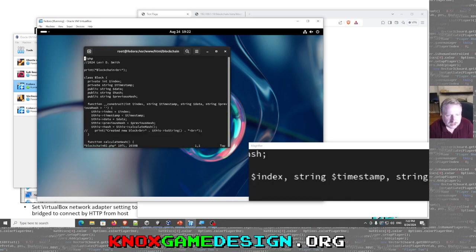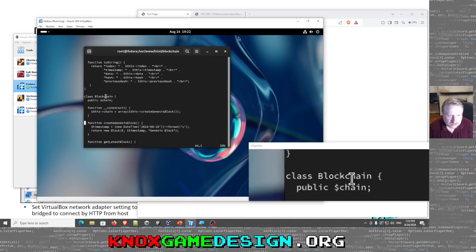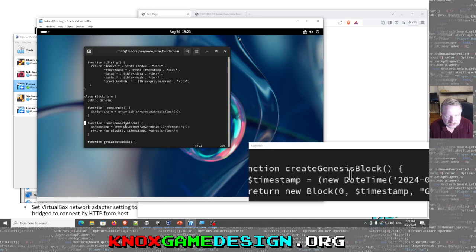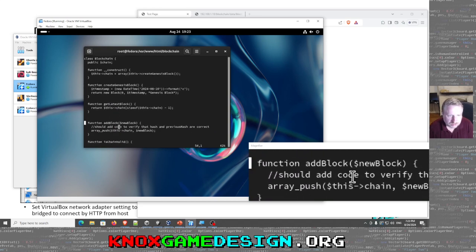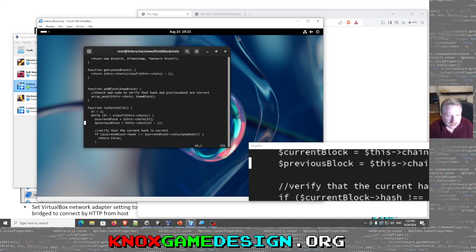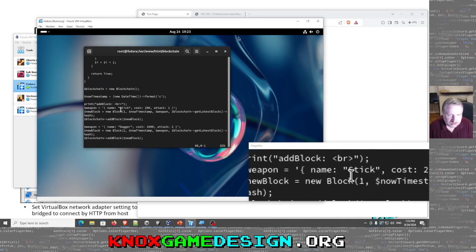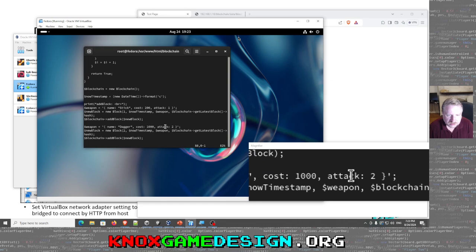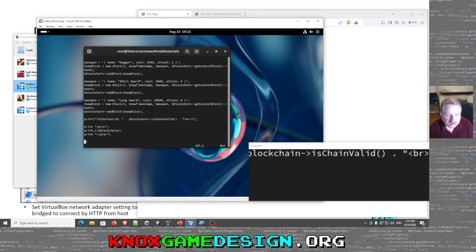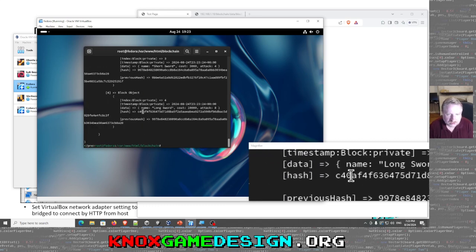Blockchain02.php, and see what this was doing. This is kind of the same. This is where it creates our Genesis block right here, and then we added our getLatestBlock and addBlock, isChainValid. Oh yeah, and this is where I added the weapon information, like a stick and dagger, cost and attack. So if we run php blockchain02, then we see now in our data we have